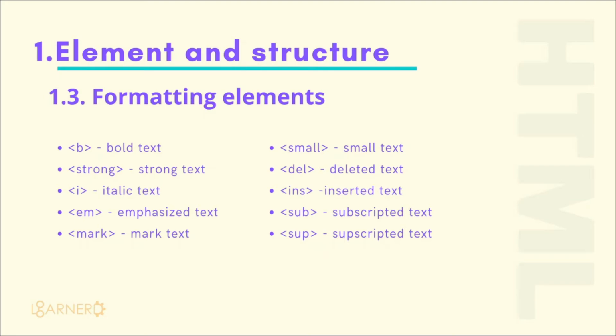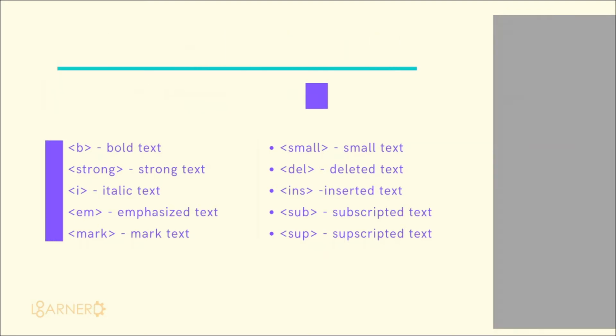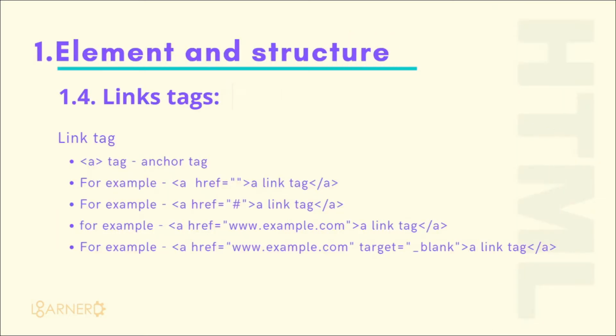So moving forward towards our next topic, that is link tags. The link tags are basically the anchor tags. It is also known as links. So what do the anchor tags do? It is essentially a tag where you are attaching a word or a phrase. What it is doing behind the scenes is that you can bring the reader internally or externally down to a different section of a page, or navigate to a different page. So using this tag we can navigate to a different page or a different section of the web page.